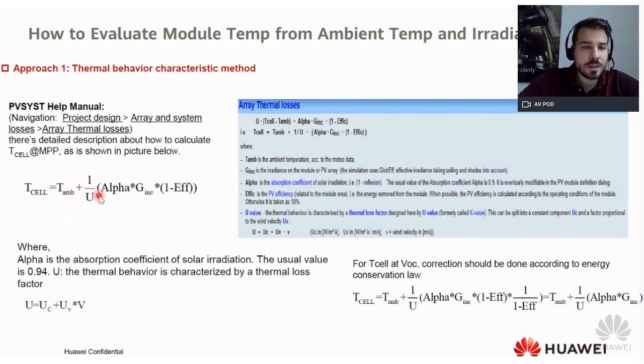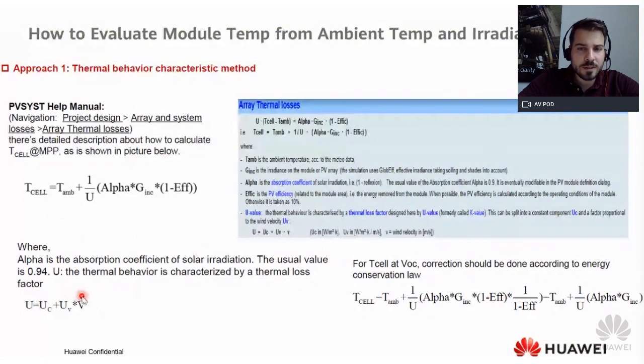It is a function of the thermal loss factor of the PV panel, the absorption coefficient of the panel, the irradiance, and the efficiency of the panel. So if we look deeper, what is this U number? The U value is made up from the thermal behavior and thermal loss factor of the PV panel,